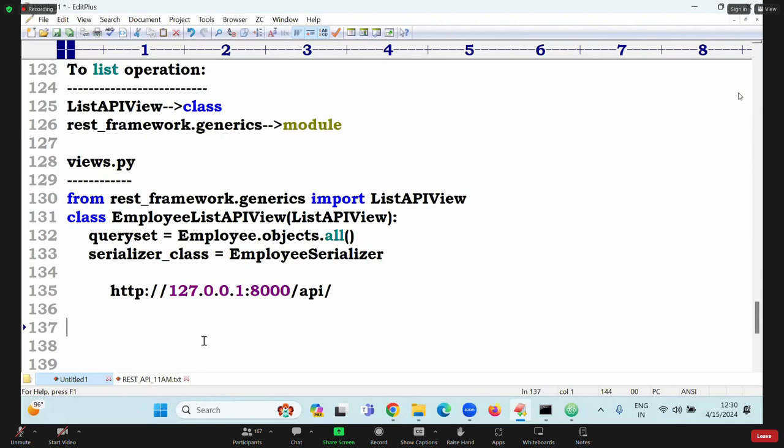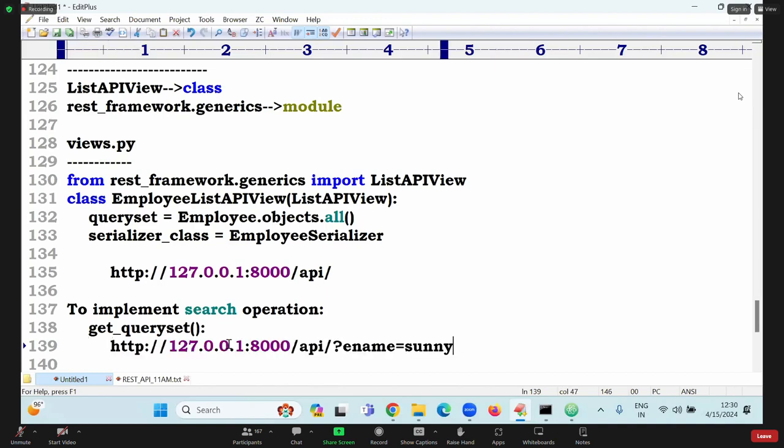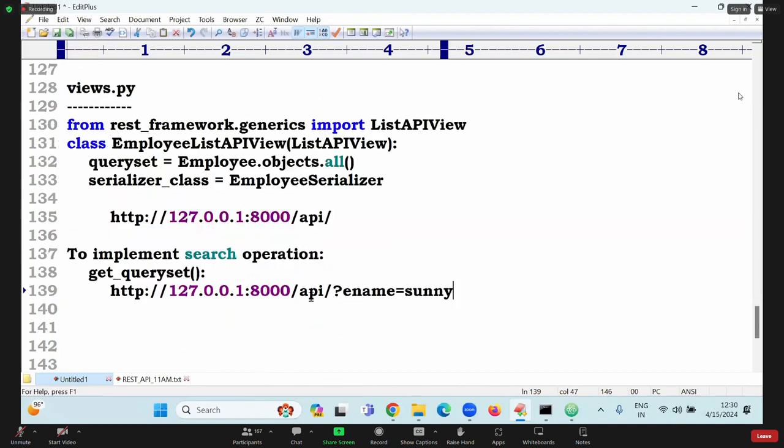Previously you got one error, right? To implement search operation, they told one method you have to override: the get_queryset method. This one will give all employees, but I want to display only those matching. In this query string, ename equal to Sunny, this one is called